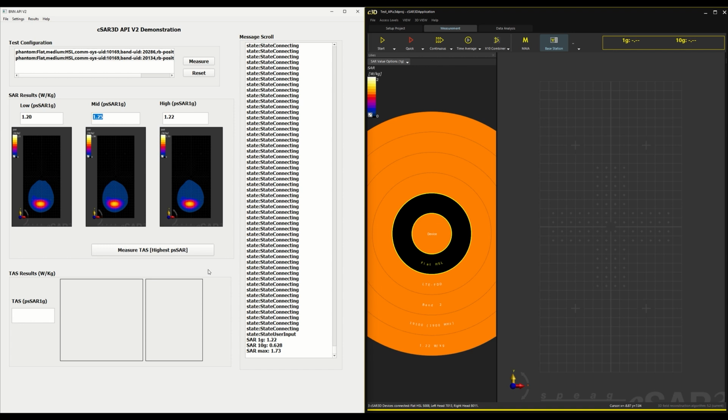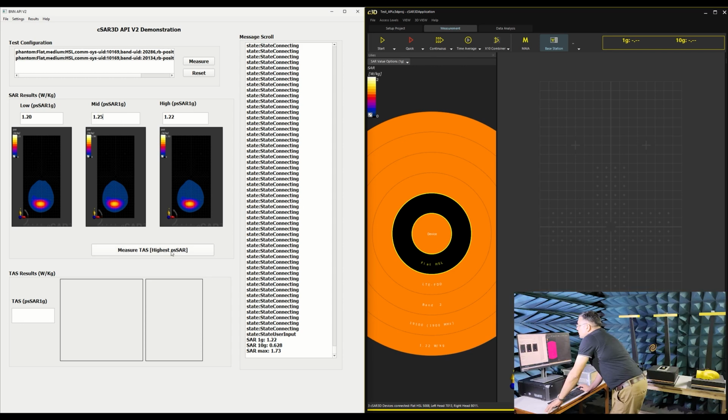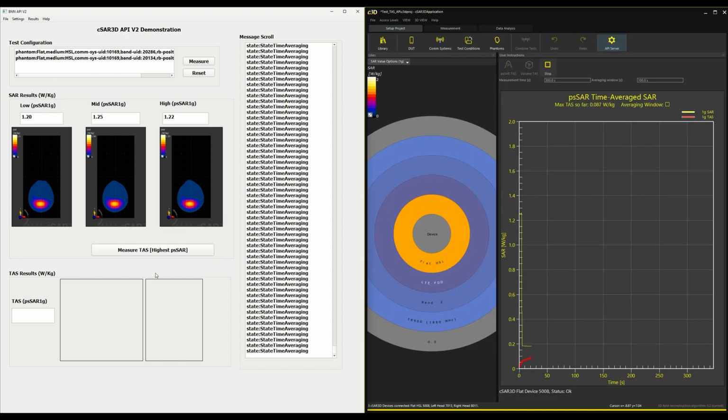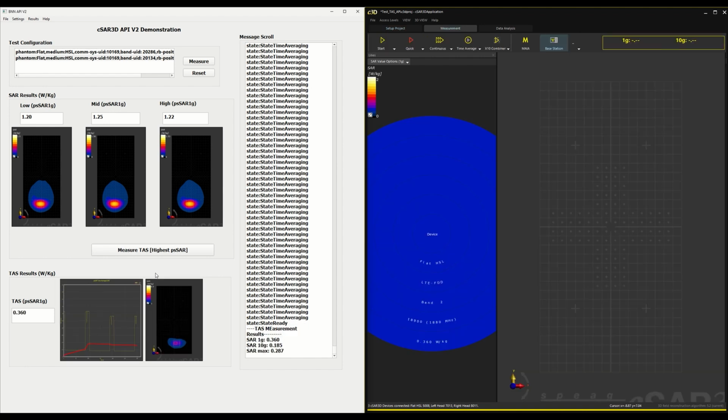We just have to enable the time averaging algorithm in the device. At the end, the measurement file is saved to the application directory.